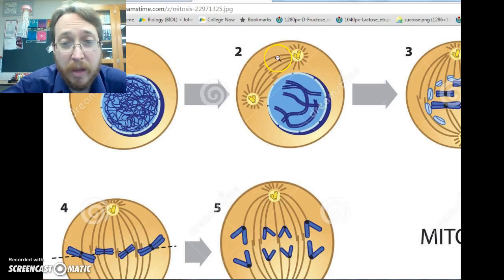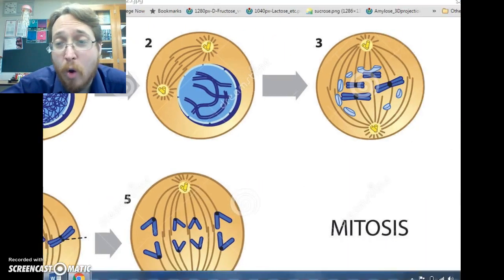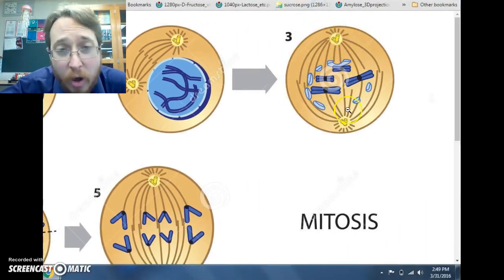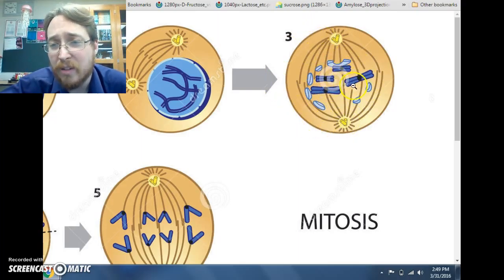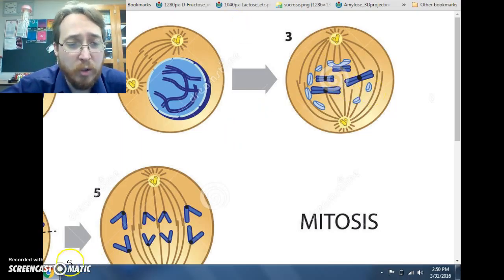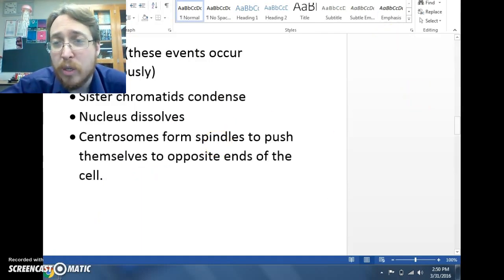So let's take a look at the picture of that. We've got our cell here. We've got our centrosomes forming spindles that are beginning to push apart. Our nucleus is beginning to dissolve, and our chromosomes are beginning to condense. Now, if we go over here, this is actually farther along in prophase. We've got our centrosomes that have pushed themselves to the opposite ends. Our nucleus is basically gone, and our chromosomes have tightly condensed down. Now, they're still kind of scattered about, which brings us to our next phase, which is